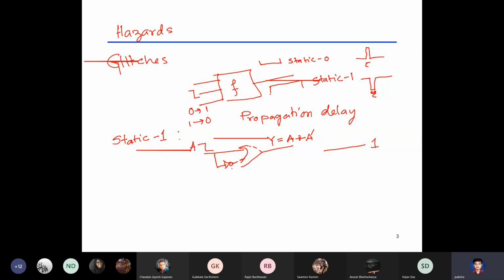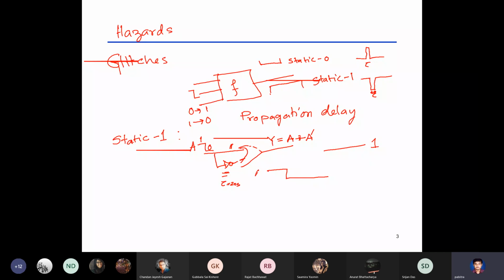But the problem is this NOT gate has a delay of tau, say 2 nanoseconds or something. This OR gate might also have a delay. So if we really look at the timing diagram, let's say I have a 1 to 0 transition. So this is 1, and if we look at A, if A has a transition like this,